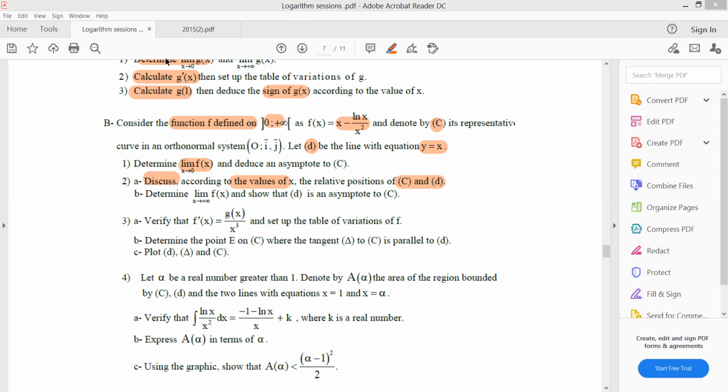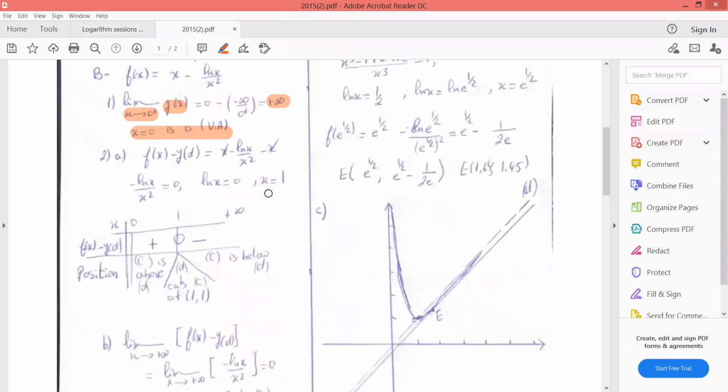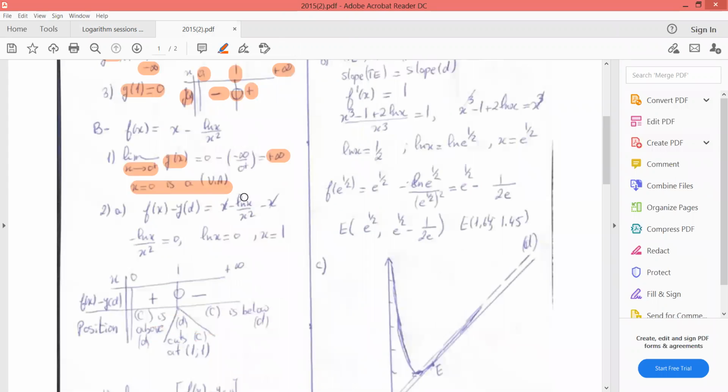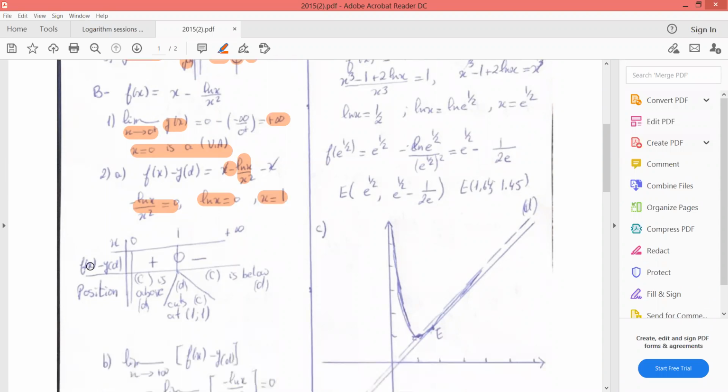So if we find f(x) minus y_D, we get minus ln x over x squared. Pay attention here: the minus means this is negative. So we solve minus ln x over x squared equals 0. It means that ln x equals 0. It means that x equals 1, since ln 1 is 0. We make a sign table, f(x) minus y_D,